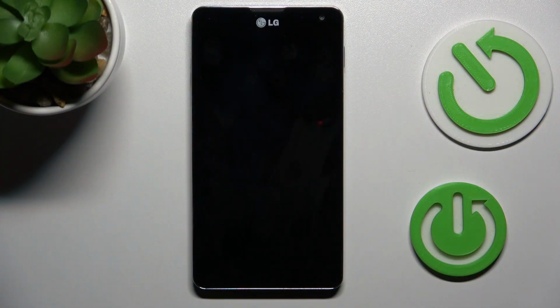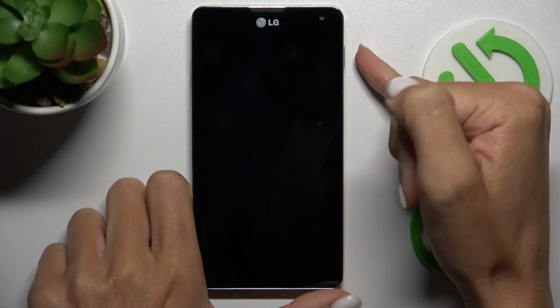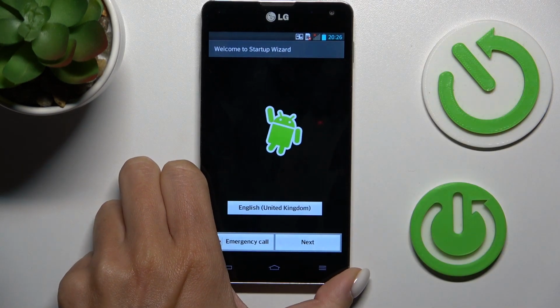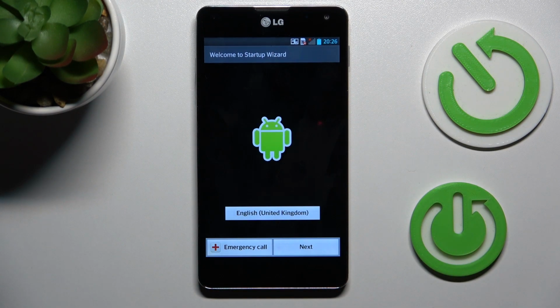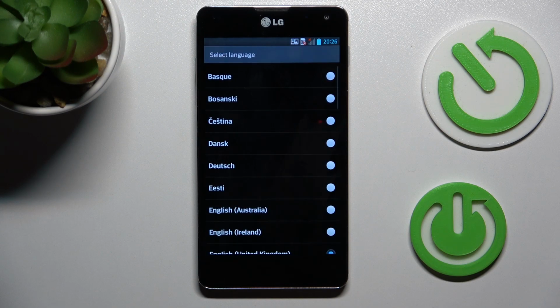So once you receive your new LG, all you have to do is to tap on power button to turn it on, and once it is active, the first thing to set is language. So just mark the language, pick the one that you want to apply,